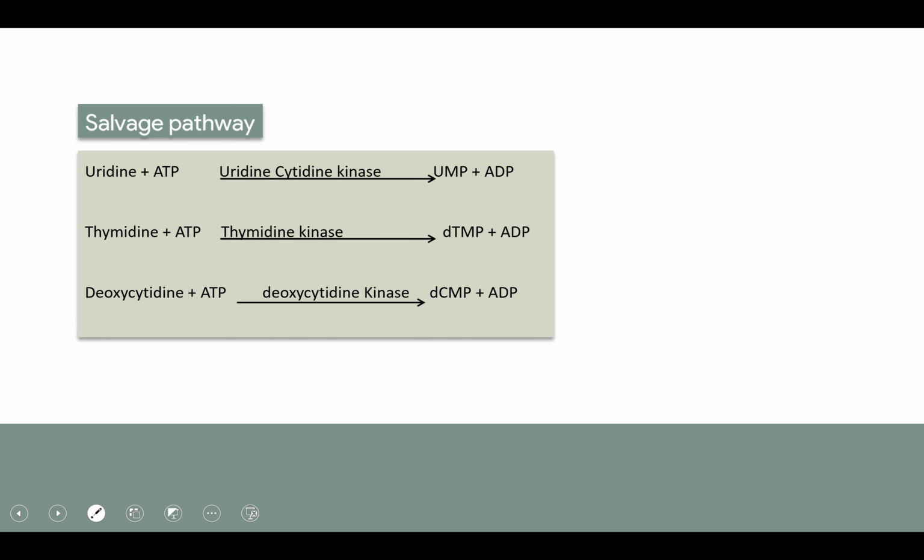Now, the salvage pathway of pyrimidine synthesis. As I said earlier, the pyrimidine salvage pathway is a more energy saving process, and the pyrimidine which is consumed via diet or during the recycle process of pyrimidine,